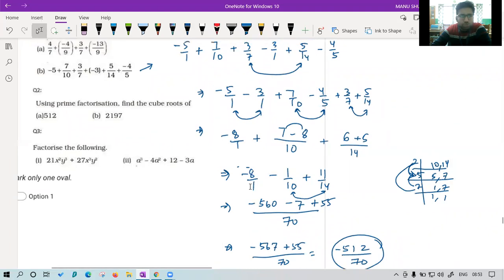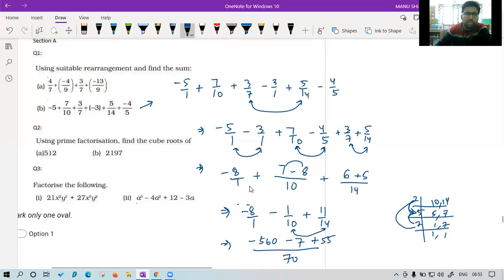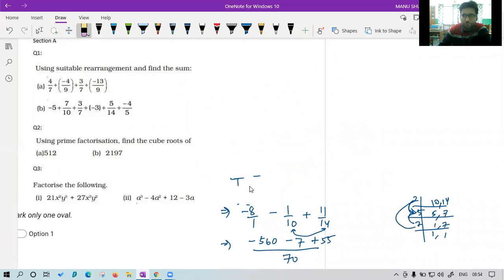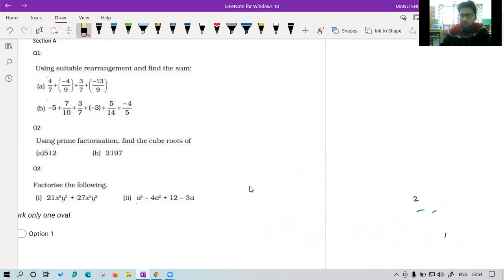Now we will take question number 2. That's very simple, from the chapter cubes and cube roots. Let me erase this. Just a second, I just need to understand some properties of chapter 1, that is the distributive property and commutative property, and then it is very easy for you. Sir, 8 cube is 512.